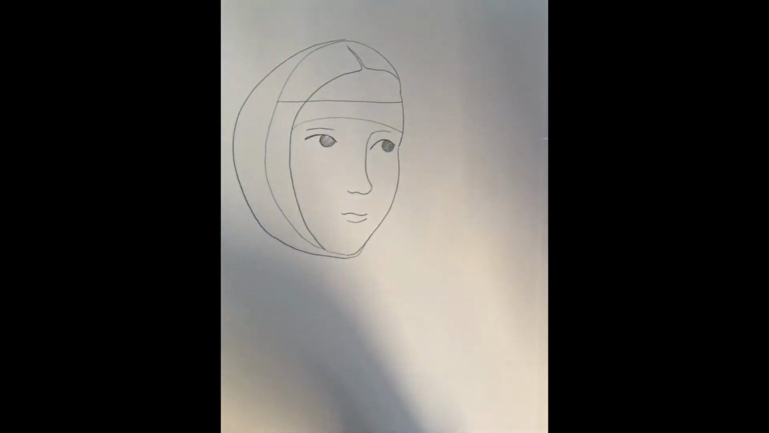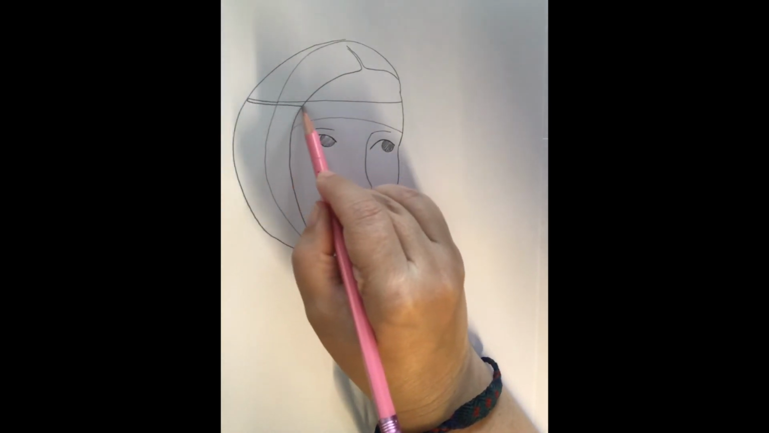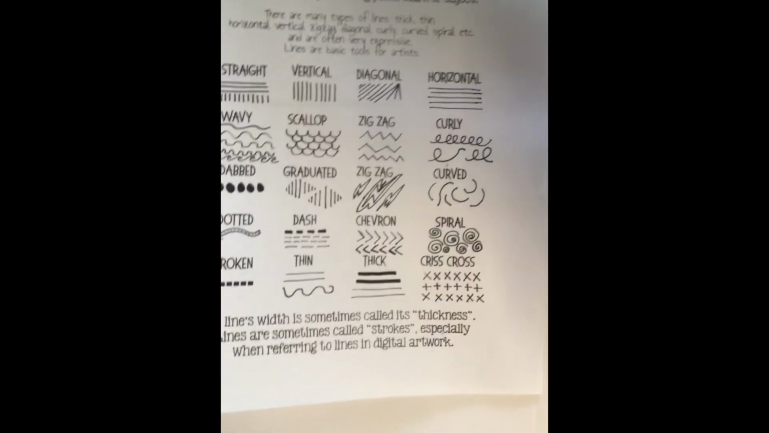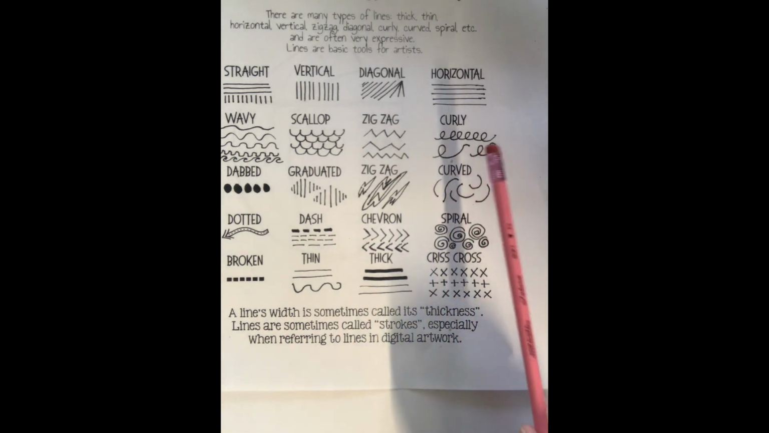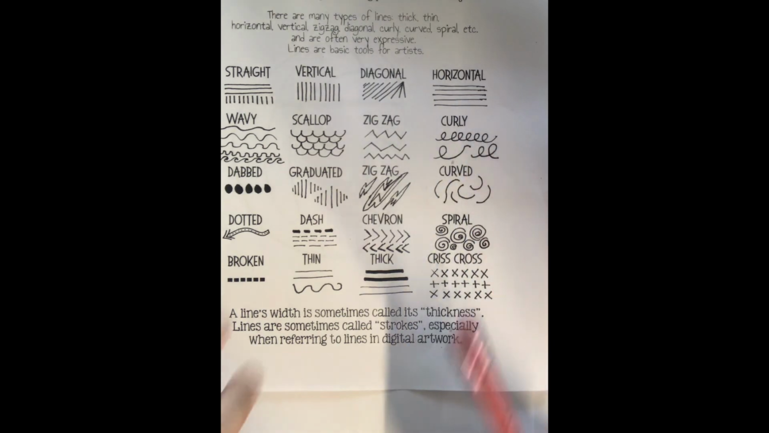Now I'm going to look and see what other details I should add. So I'm going to look at my line chart, my handy little line chart. And I know that I have used some curved lines in her face and some thin and thick lines around her eyes. And I think I want to make sure that I include some curly lines. I think that's where I'm going to go right next,